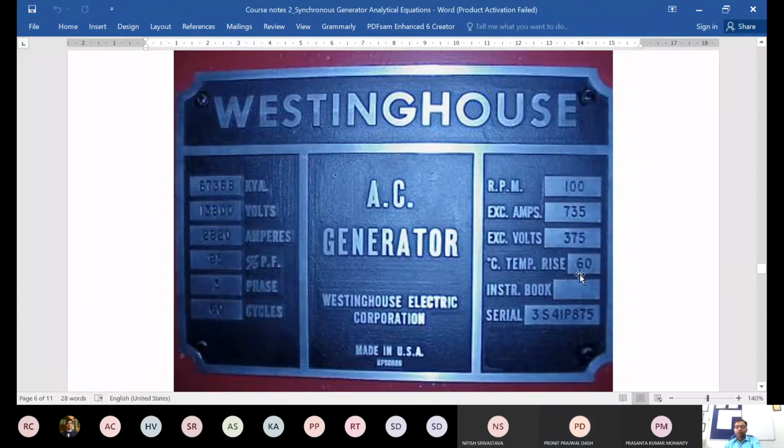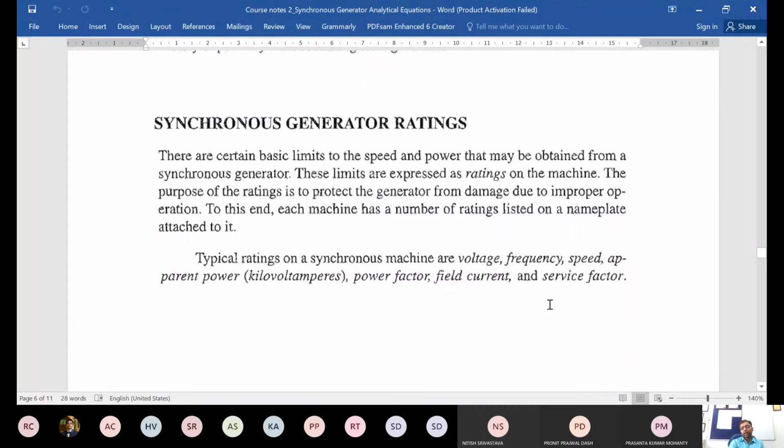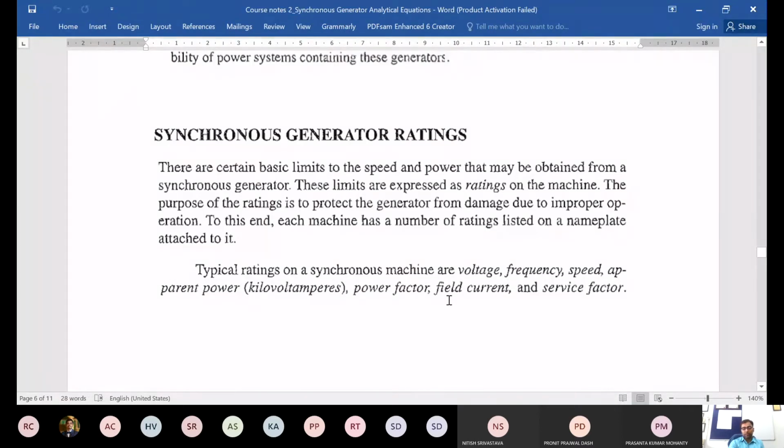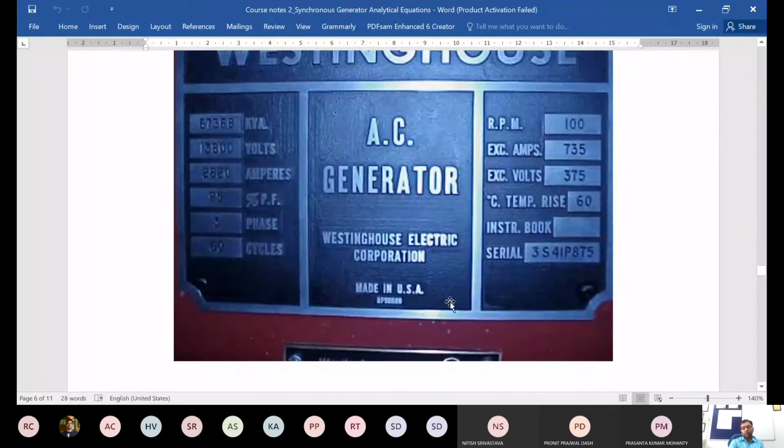And then the rated temperature rise is 60 degrees Celsius. We will look at this also today. The temperature rise is also a limiting factor in AC machines, in general in electrical machines, and in our case for the synchronous generator. So these are some of the ratings, as you can see: the power output, voltage, current output, rated power factor, number of phases, frequency, RPM, and also the DC voltage and current required. Those are listed, and also something related to the temperature rise. There is one more factor which can be put here, service factor, which is not here, but it can be there. We will look at that also, what it is.